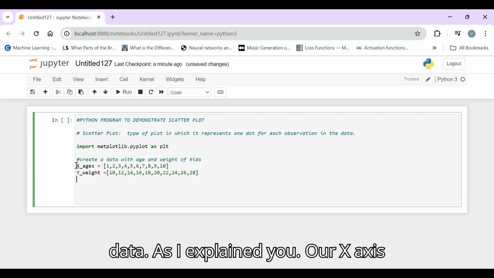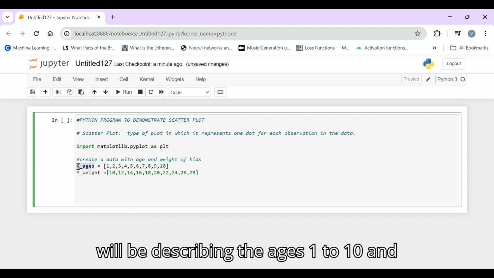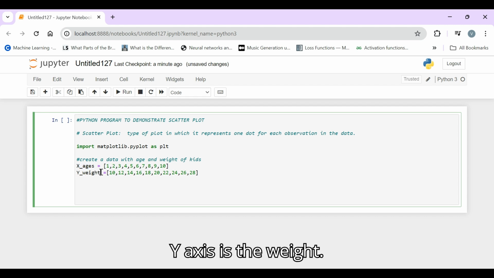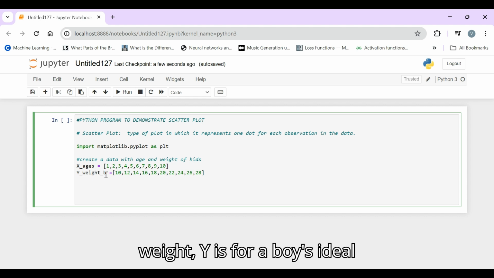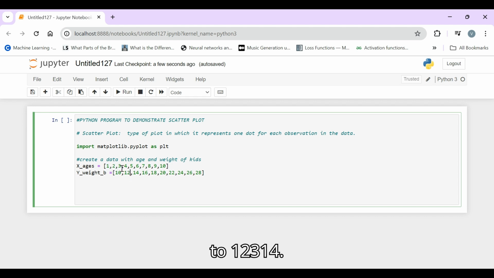As I explained, our x-axis will describe the ages 1 to 10, and the y-axis is the weight. Let us call it y_weight_b, where b is for boys' ideal weight. So for age 1 it can be 10, for age 2 it is 12, for age 3 it is 14, for age 4 it is 16, something like that.